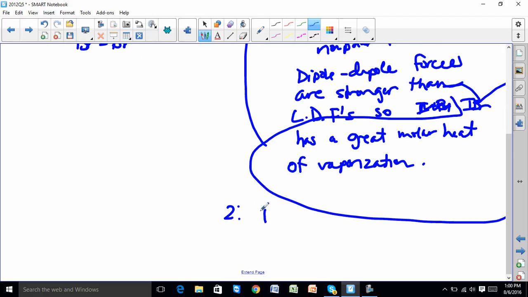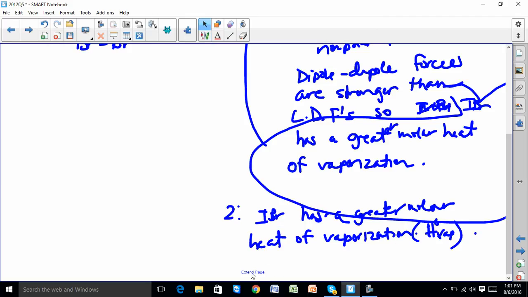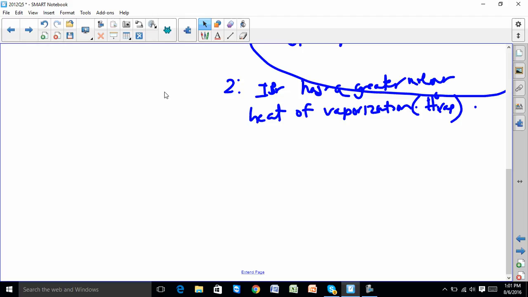So again, second answer: IBr has a greater, notice I missed the er up here, molar heat of vaporization. Again, here is the notation, H not vap. And the reason, and I'm not sure, because remember, to have a polar molecule, you have to have a polar covalent bond, which means the electronegativity difference has to be greater than 0.3. And I know their difference, but I don't know if it's greater than 0.3. So I would say something like